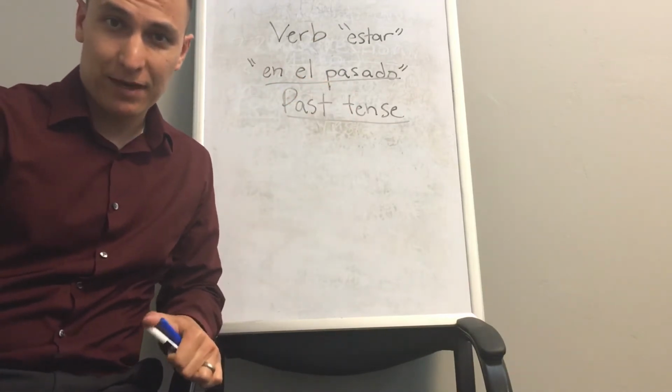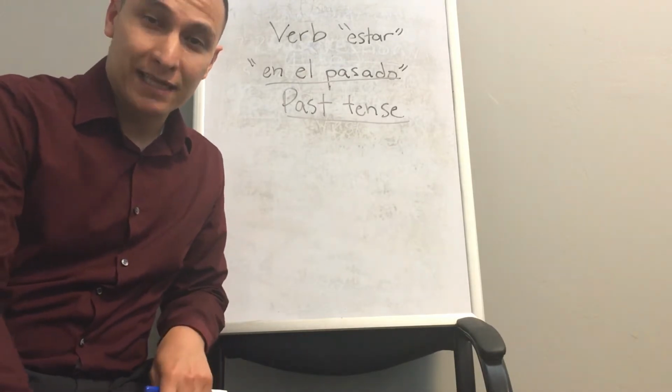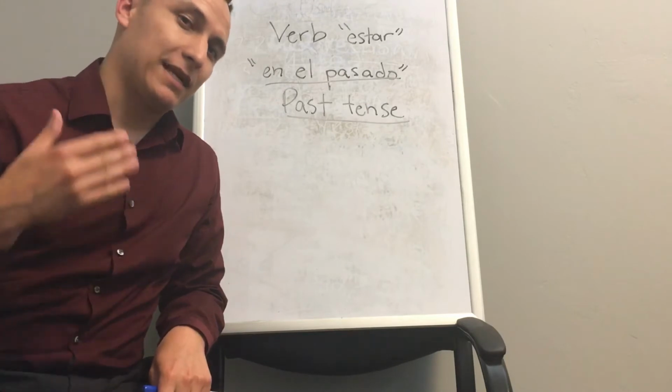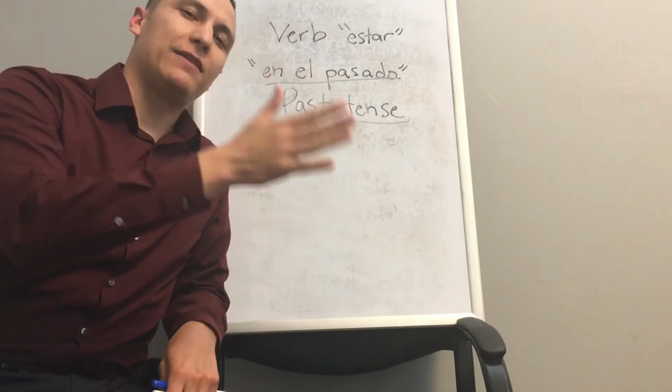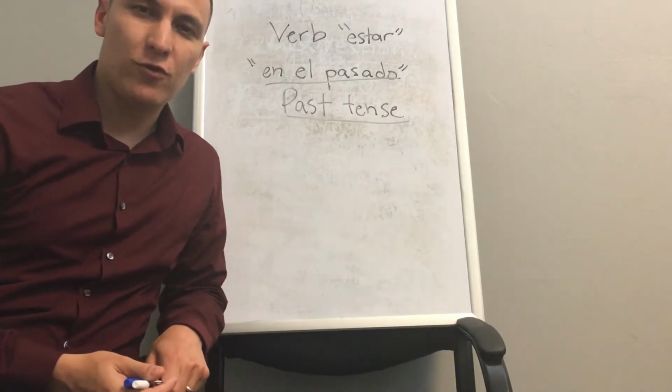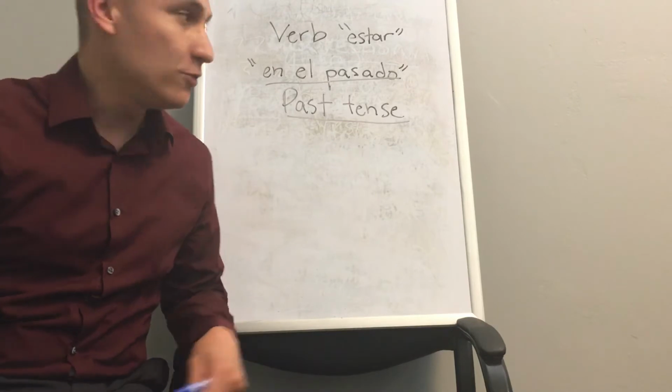So vamos a cambiar a inglés ahorita. Today we're going to go over past tense. So that means that it's not happening now, but it happened in the past. So I'm going to give you ways to be able to describe something using this verb